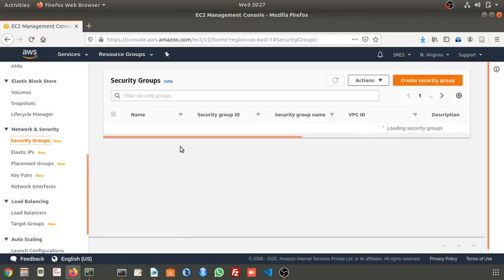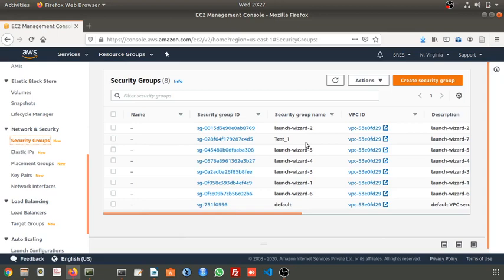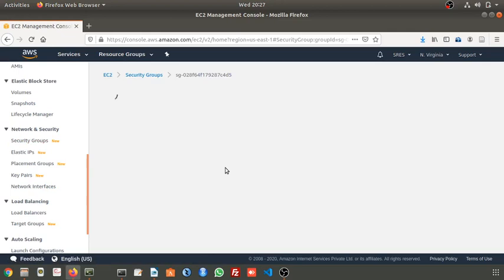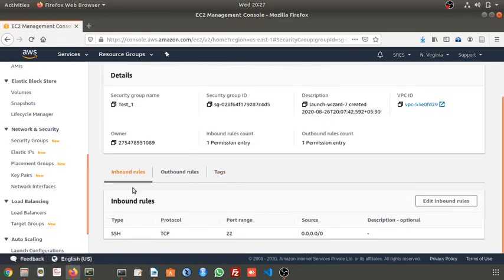Here there are inbound rules and outbound rules. Inbound rules mean what kind of traffic or packets you want to accept. Through SSH you can connect, so here SSH is enabled. Whatever traffic comes through SSH will be accepted. Outbound rules mean what traffic should go outside the network from your virtual machine. That is placed here. So all traffic, everything, you are allowing from your virtual machine to the outside.